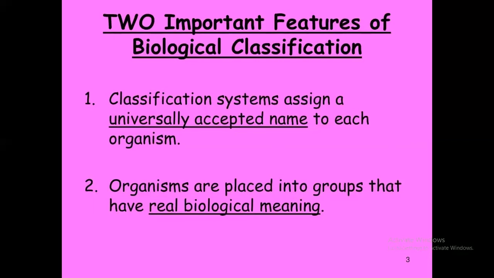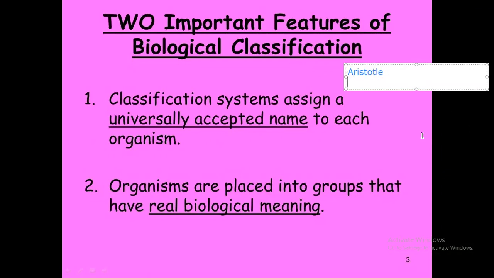There have been various attempts to classify organisms. The earliest was done by Aristotle. I'm going to write the name here and then we will move ahead, so that you will remember this. Aristotle. Fine. Moving ahead,